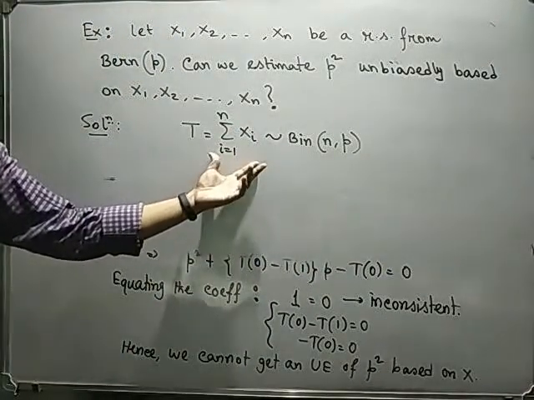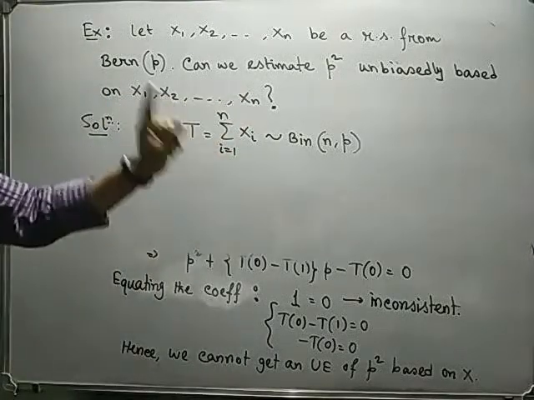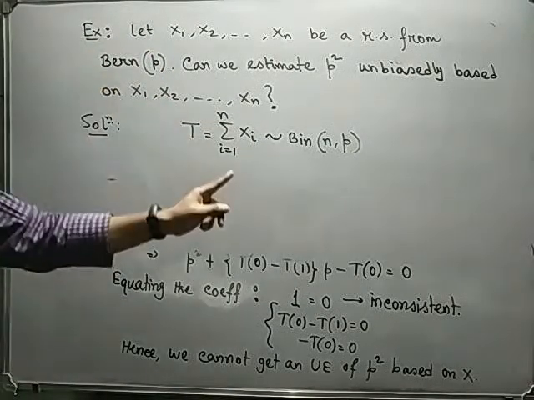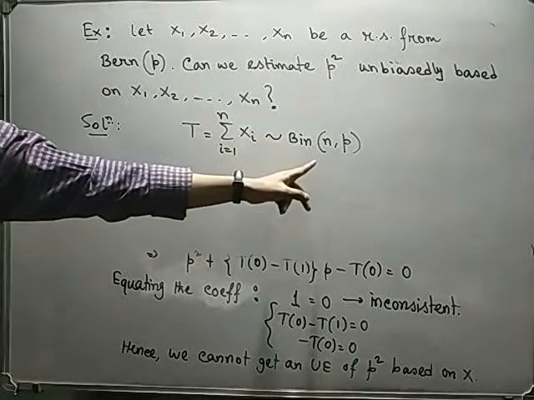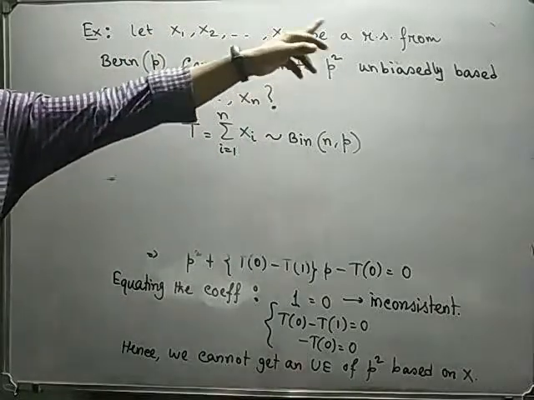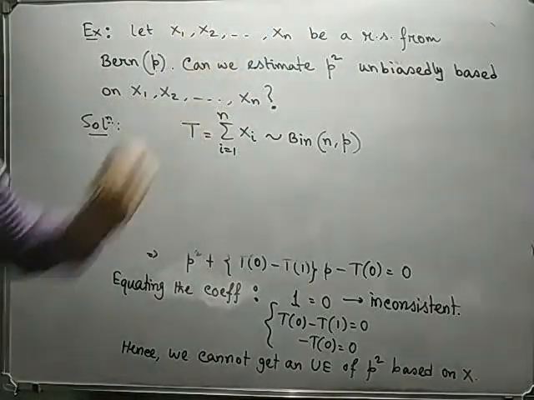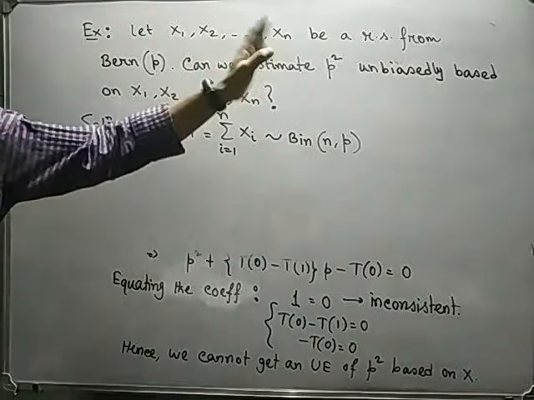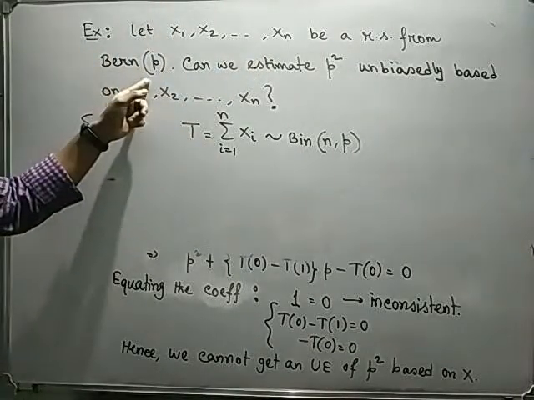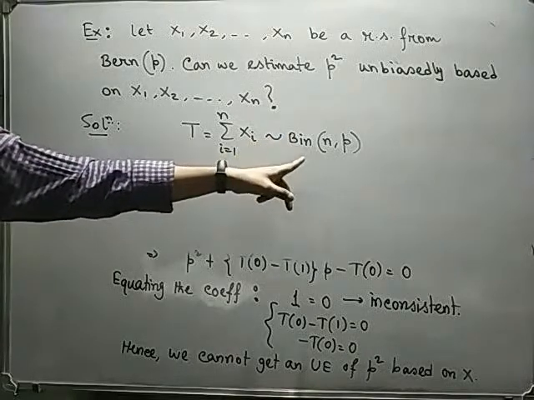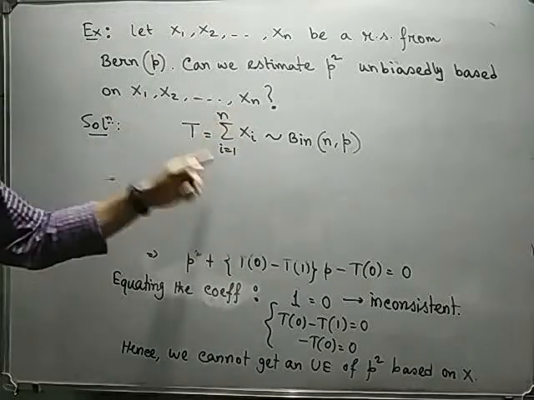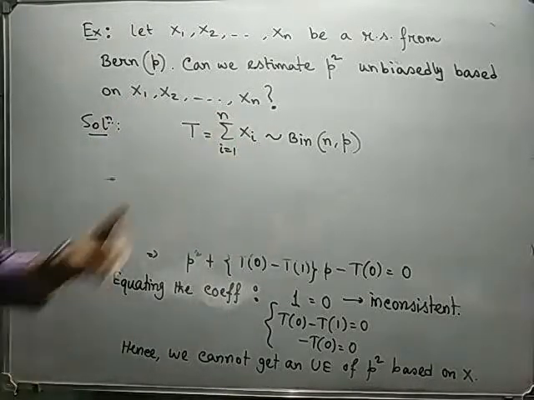Okay, so what I'm saying is, always try to remember that if x1, x2, xn follow Bernoulli p, it doesn't always imply that the summation of xi will follow binomial. So there must be a condition, like x1, x2, xn be a random sample, or x1, x2, xn be independent. A random sample is always independent. So if x1, x2, xn are independent and Bernoulli, then only the summation of xi will follow binomial. But if they are not independent, if they are dependent, then the summation of xi will not follow a binomial distribution. So try to remember that.